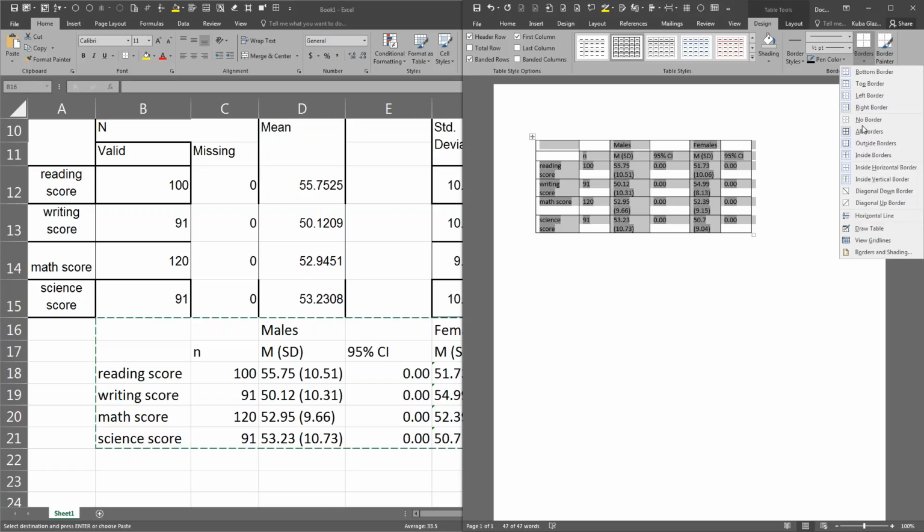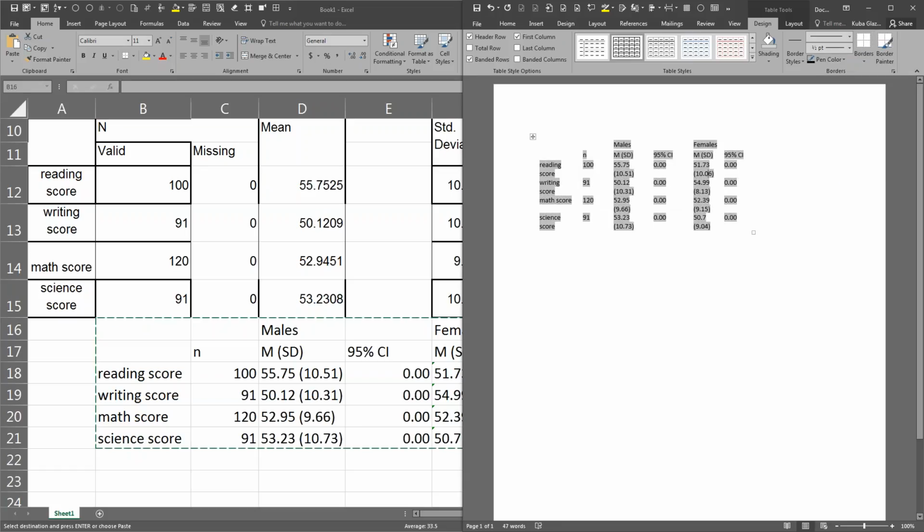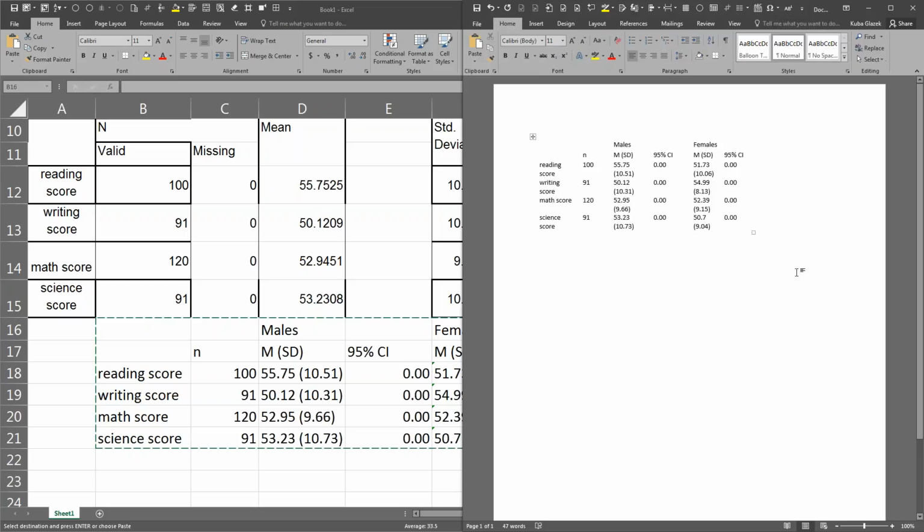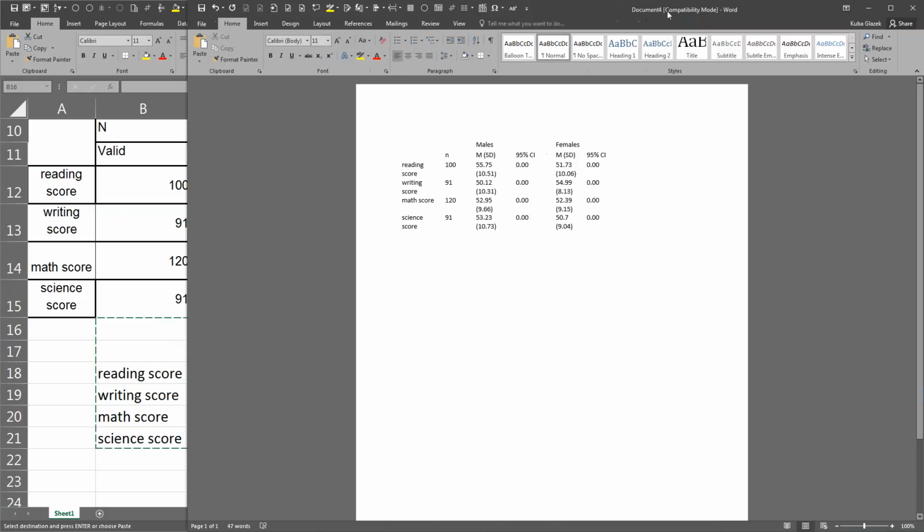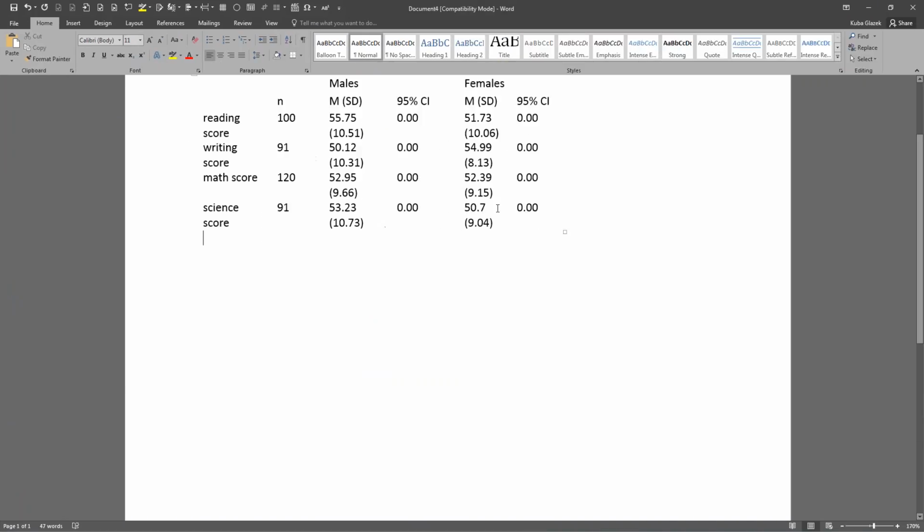So I want no border. And now it's like, okay, this just looks like random numbers everywhere. But the trick is that you show the grid lines, and let me actually zoom in on this because we're done with these other programs for now. When I zoom in on this,